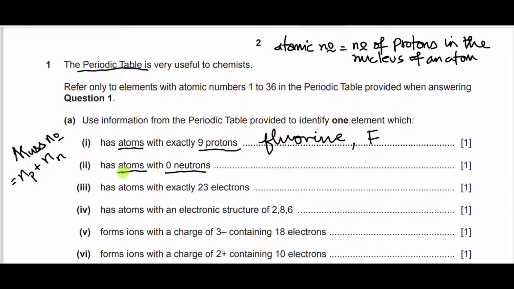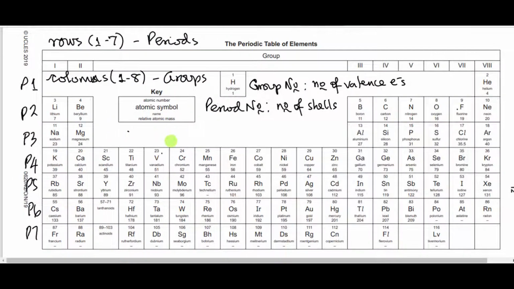The number of protons is the same thing as the atomic number. Which means that for this element to have 0 neutrons, its mass number will be the same as its atomic number, or its nuclear number will be the same as its atomic number. So if you go to the periodic table, the only element here whose atomic number is the same as its nuclear number or mass number or relative atomic mass is